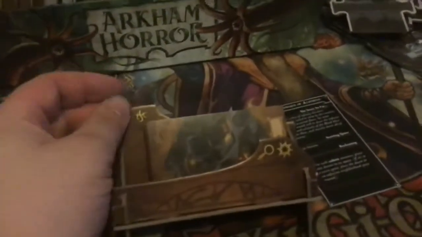It comes with the game, which has reminders on for drawing for clues or gate burst from the front, or doom from the back. Now when you add a clue in this game, so,